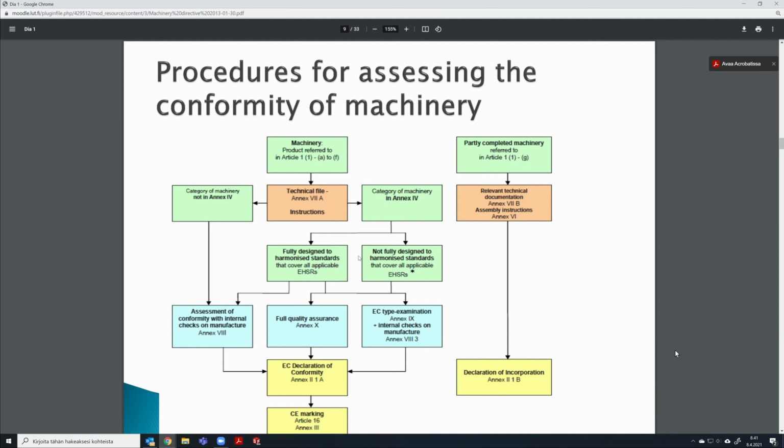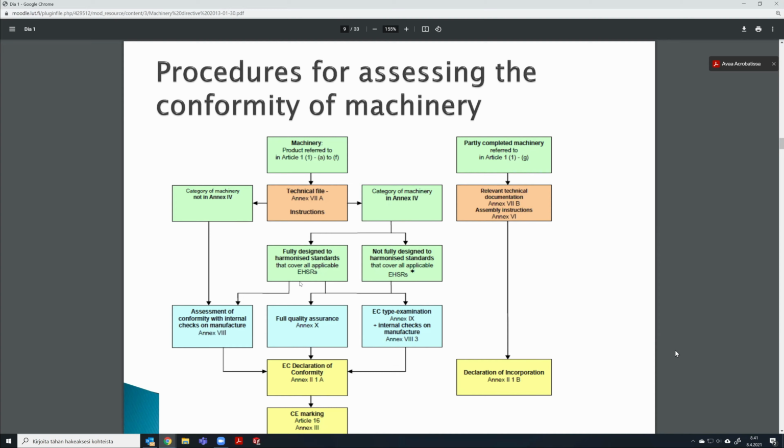Okay, if the answer is yes, my machine is in this list, for example, it is a chainsaw, then you still have two different options. If there is some fully harmonized standard on how to design this specific machine, and you are following this standard fully, then you have three different options to pick. You can have a full quality assurance, which is checked by some third-party company